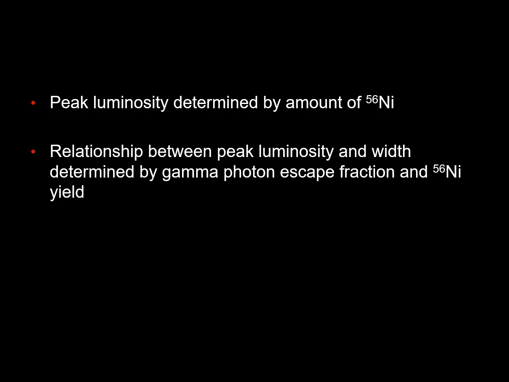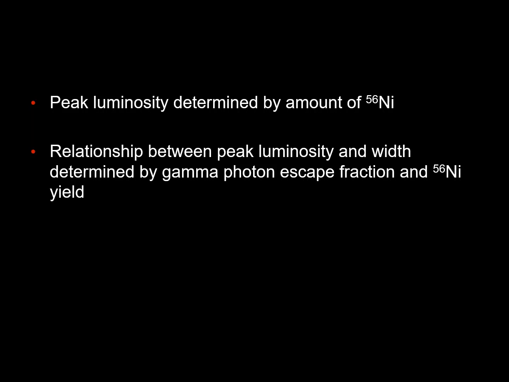And when the yield of nickel is higher, the temperature is higher, which means nickel has high velocity and the gamma ray escape fraction is also more. This gamma ray escape fraction opposes the broadening tendency of the high yield of nickel. So these oppose each other, and these two factors aren't independent.